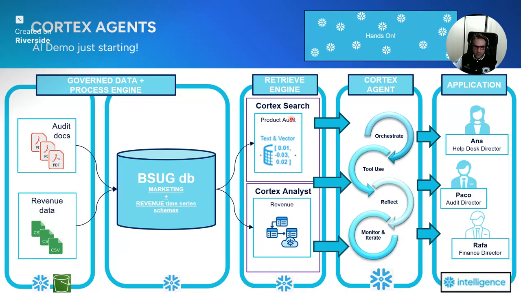That information is directly loaded into the Cortex Search for the audit docs, and we provide a semantic view over the revenue time series information. Okay, and finally we will use Cortex agents to set up both tools, Cortex Search and Cortex Analyst, and we will use Snowflake Intelligence to interact with our agent. Okay, so let me jump to